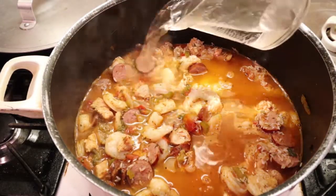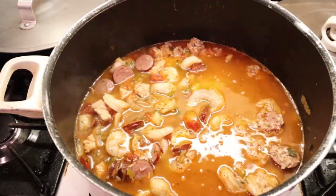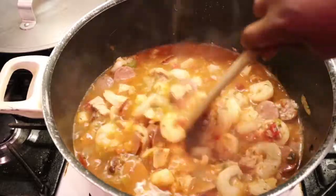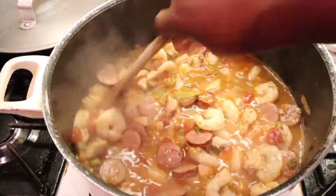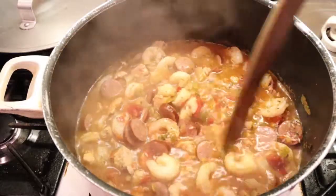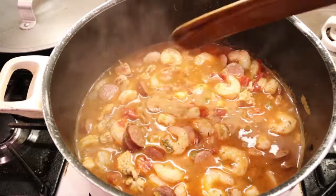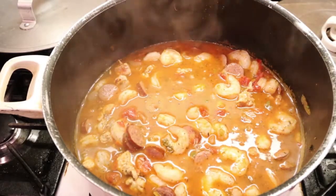Okay, so I'm putting in 3 cups of water because there was already some juice in there from the tomatoes and from the ice that was on the shrimp still. So we're gonna go there, and